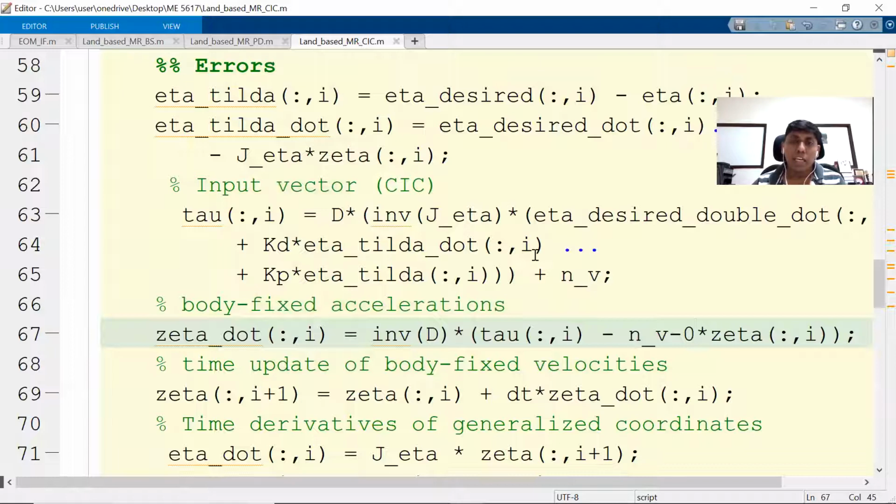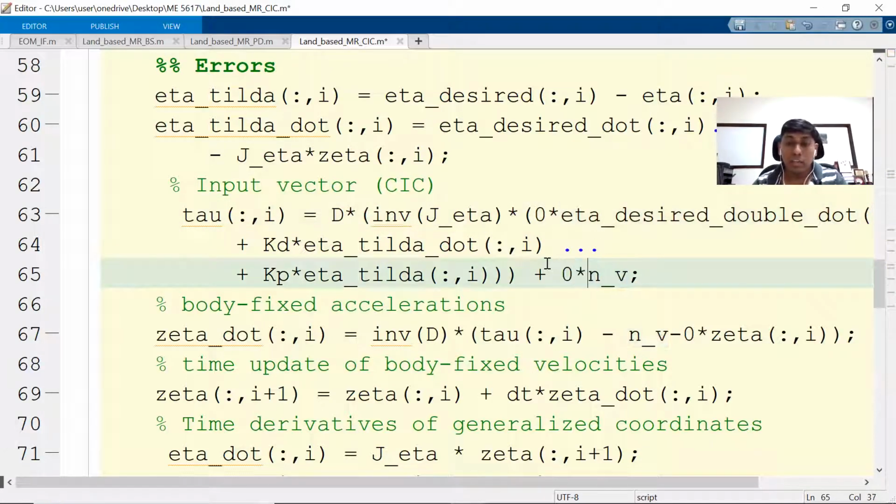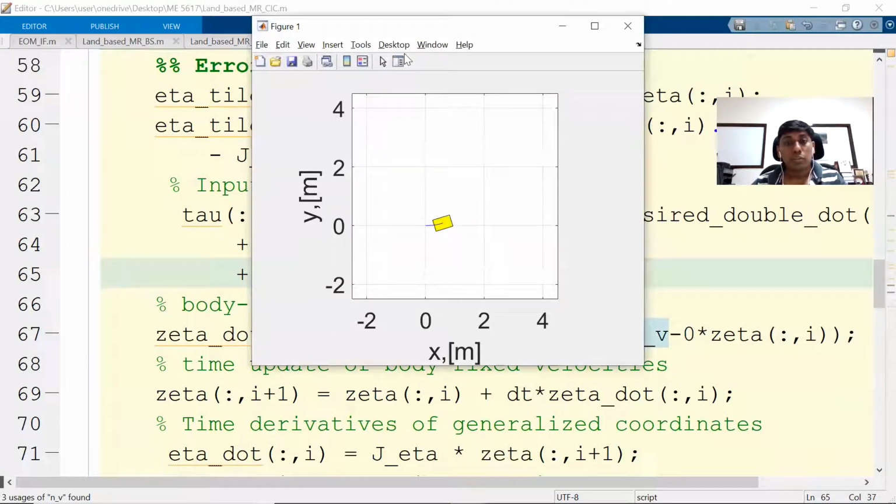Some people may ask, so a simple proportional derivative along with weighted matrix will work. We call it augmented PD. So even this nonlinear term is not really required. Still, you can see this control also will work reasonably good. So you should know, in the sense, a partially known inertia matrix is sufficiently enough to run the mobile robot control. That is the whole idea I want to put here.